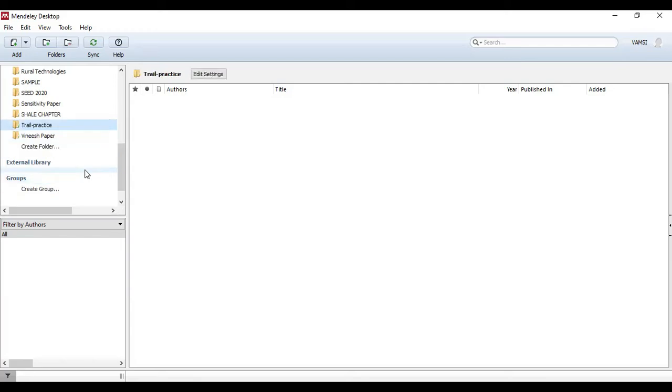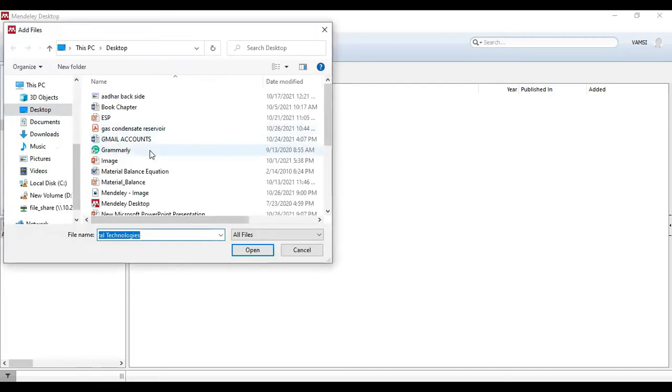I'm clicking on that folder and opening it. The first thing I need to do is add my paper, which needs to be cited in my manuscript. If you look at the left-hand corner, there is a button called Add. I'm going to that Add.